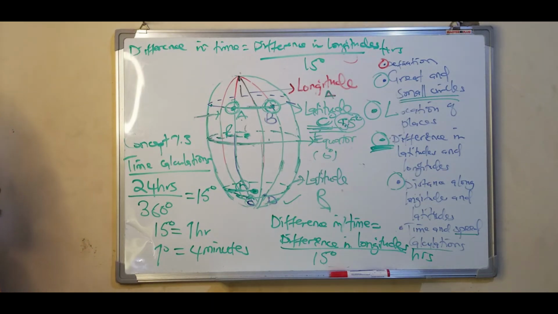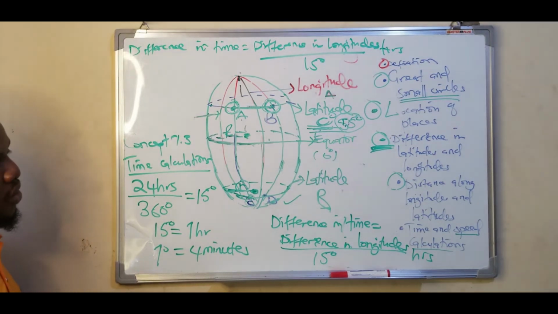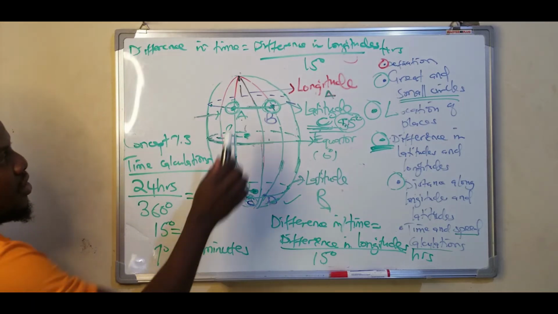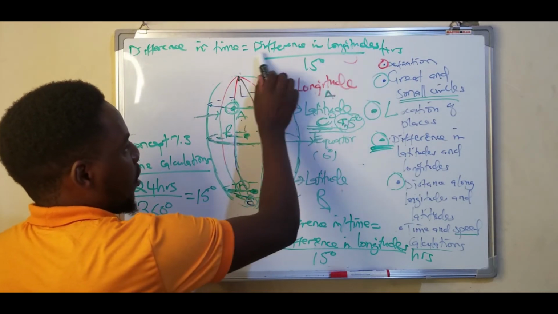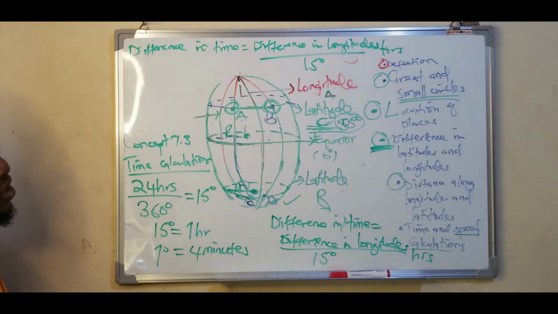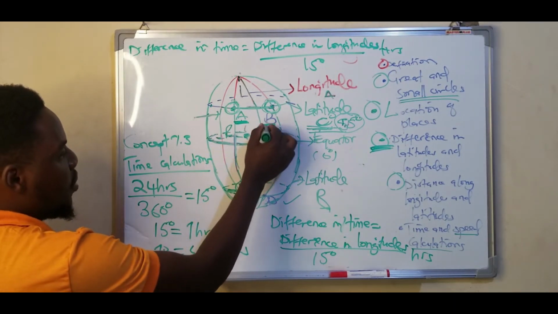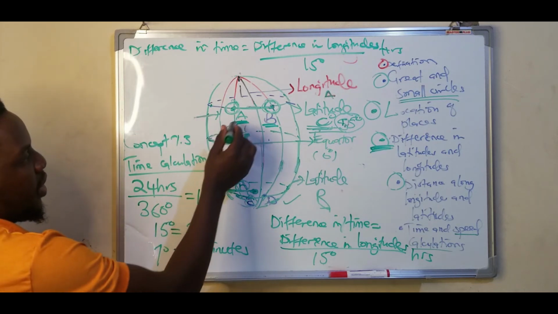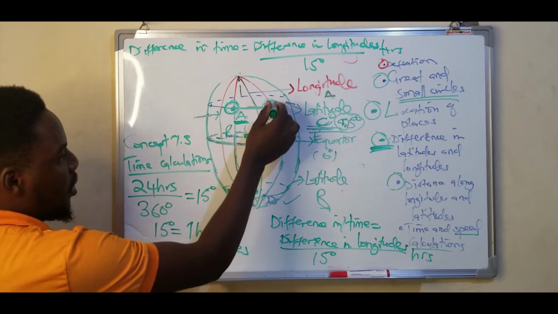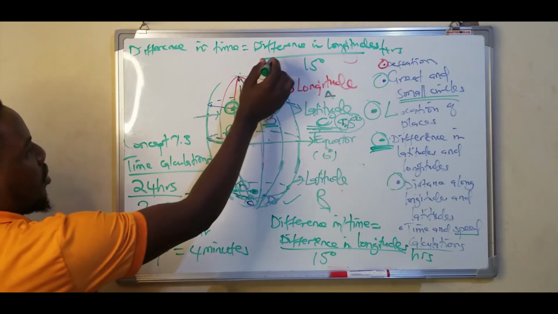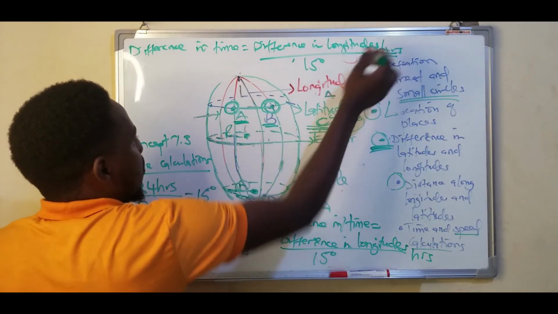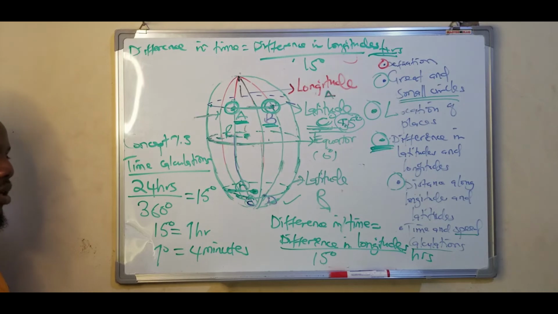So, in short, this formula is actually just helping us to change from degrees to hours. So when calculating time, we'll first start by getting the difference in longitudes between these two particular points. Suppose we are finding time differences between A and B. We'll first get the difference in longitudes between A and B, then use this formula to convert to hours, and then the final thing which I want you to understand the most is that, one,